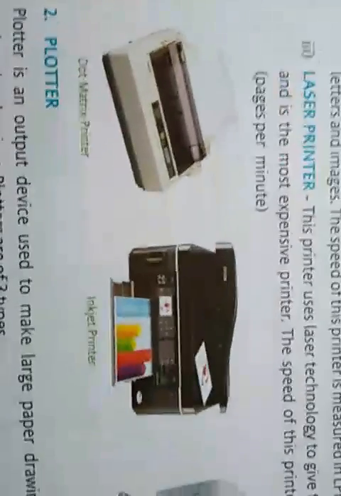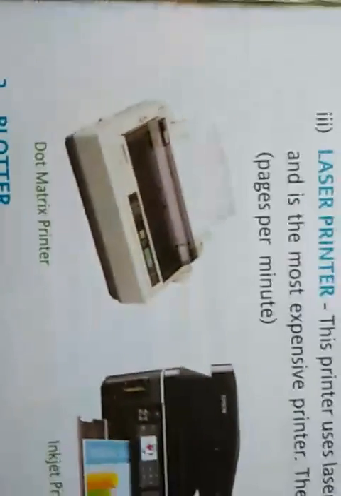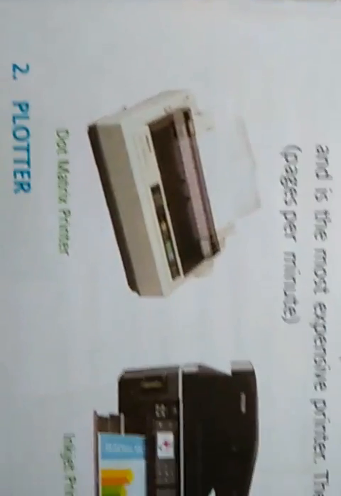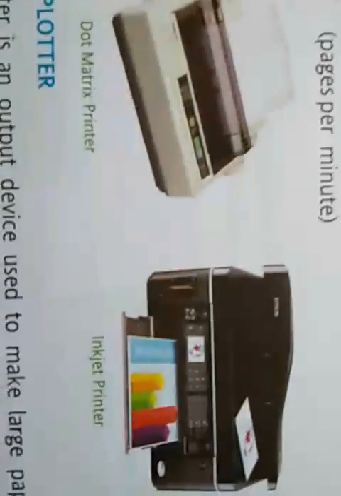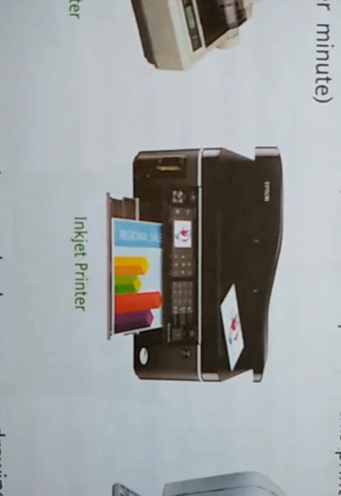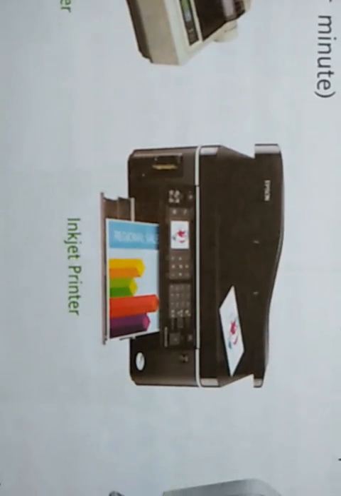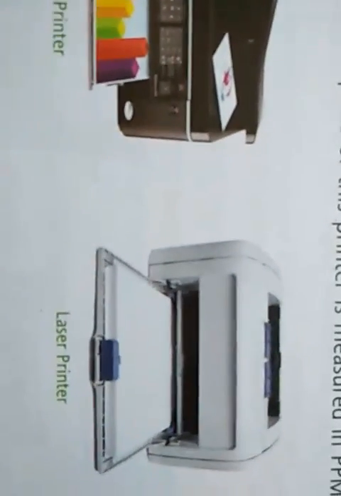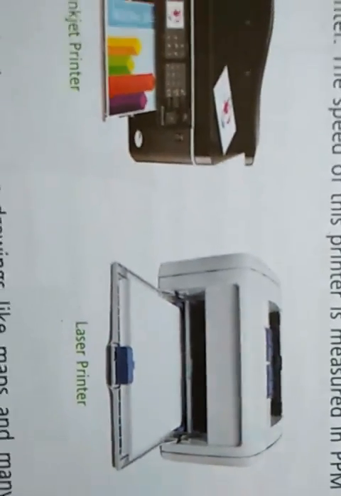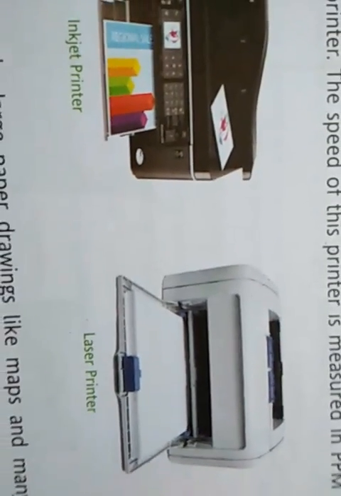Now you can see the diagram. Number one is the dot matrix printer. This is mostly used in government offices and medical stores, for billing and so on. Second category is the inkjet printer. This is mostly used for photo printing and text material, A4 size printing, etc. And this is the third category, the laser printer, that provides speed in pages, and quality is better than the inkjet and dot matrix printer.